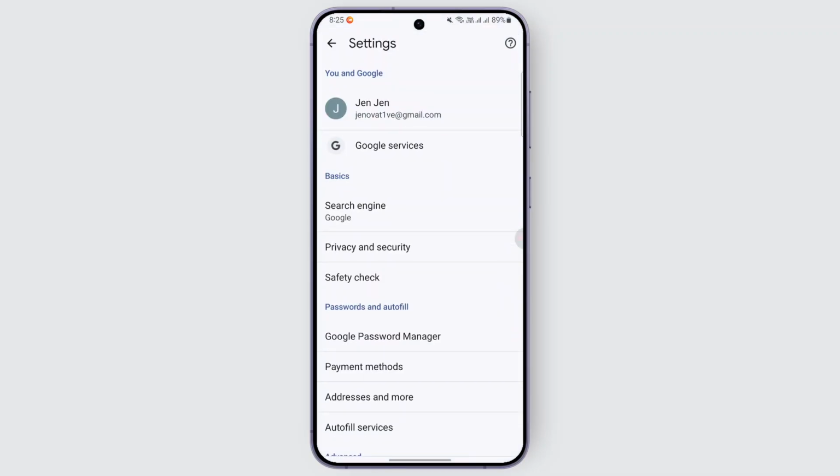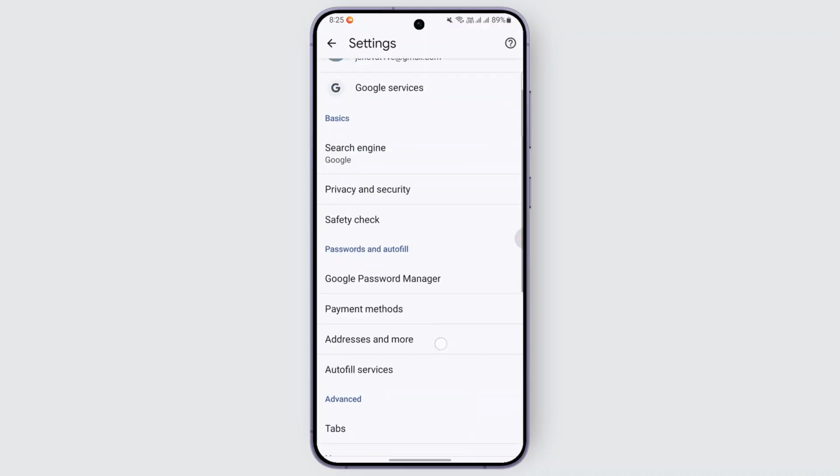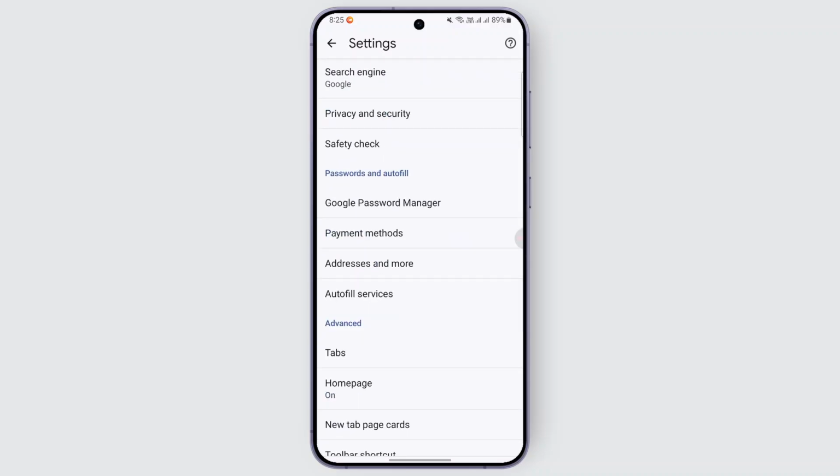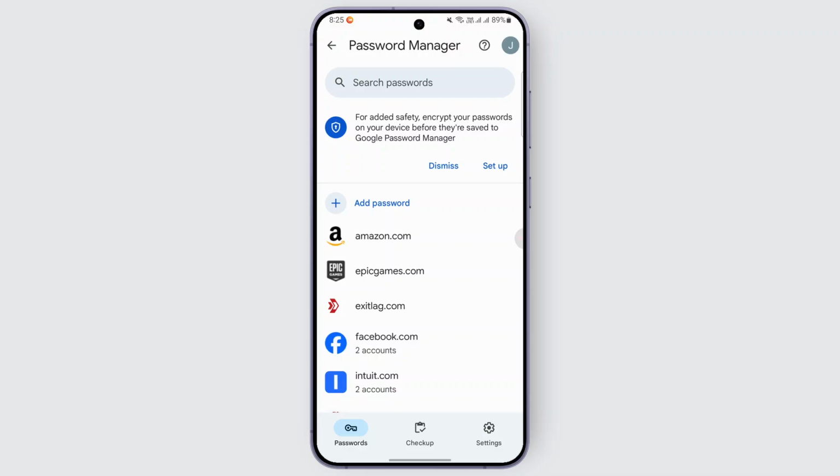Now from settings, what you can do is directly scroll down and look for the passwords and autofill section, and look for the option of Google Password Manager and open it up. And then once you open up Google Password Manager, here it will show you all of the saved passwords of